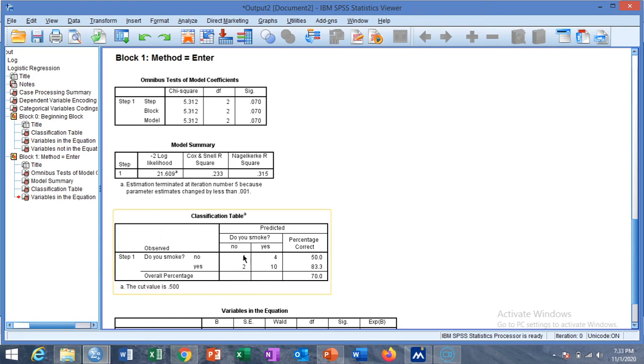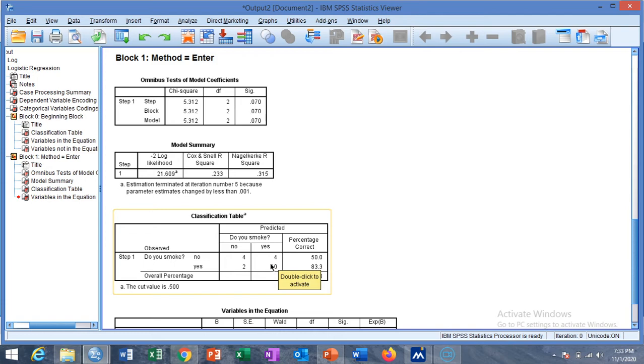This is the sensitivity of the model, which is the percentage of people who say yes and actually smoke. In other words, the correctly predicted true cases,